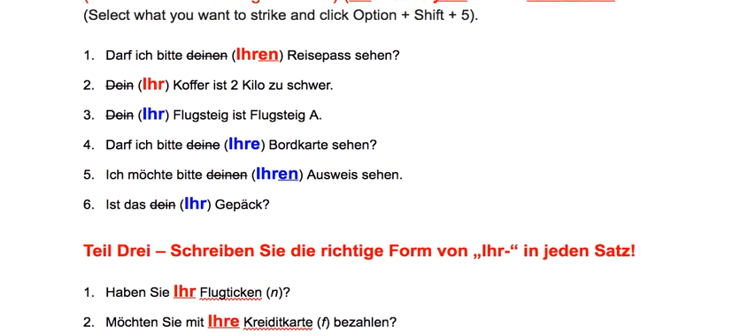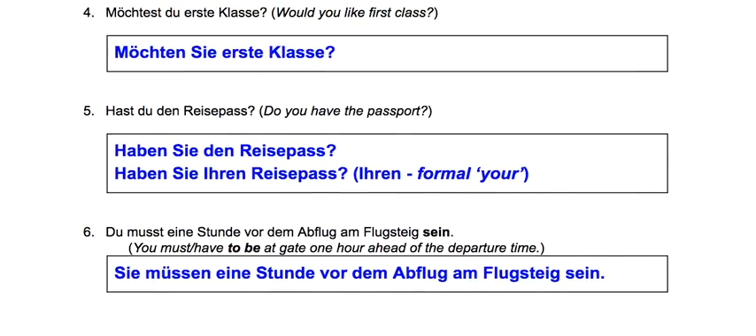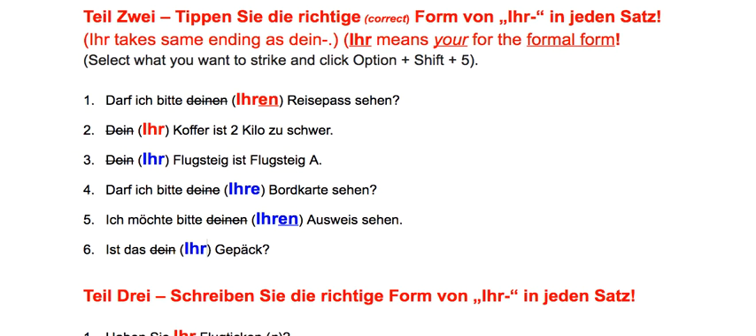Remember, to say formal you is Sie, as we did with these problems up here. To say your formally is ihr, a form of ihr, capitalized I. Darf ich bitte Ihren Reisepass sehen? Ihr Koffer ist 2 Kilo zu schwer. Ihr Flugsteig ist Flugsteig A. Darf ich bitte Ihre Bordkarte sehen? Ich möchte bitte Ihren Ausweis sehen. Ist das